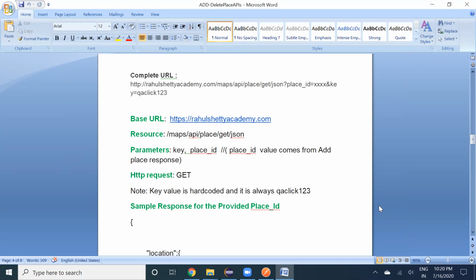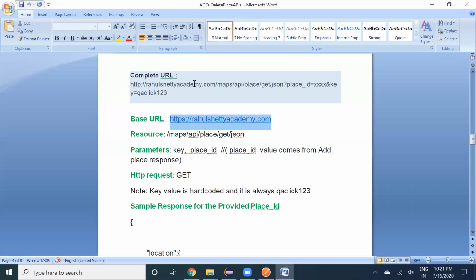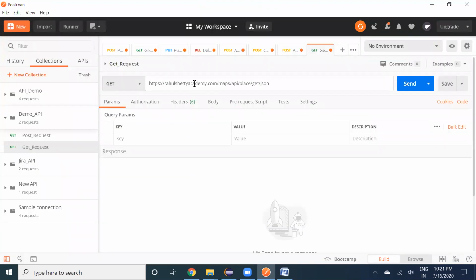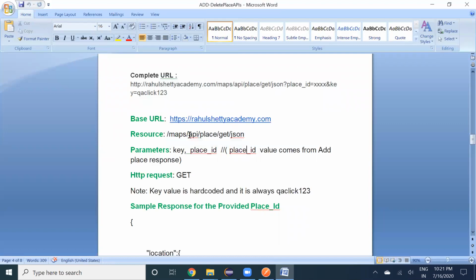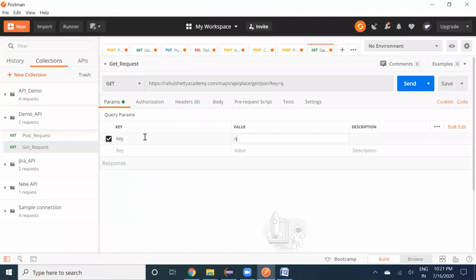Now, can you go and copy that endpoint and paste it there? Okay, now you pasted it. Now you copy the right key and the right query param, key q1 pick 123, and the place ID which you generated in the post.